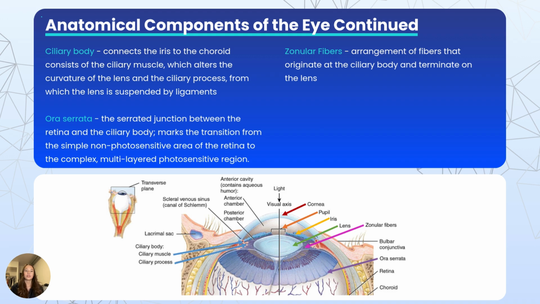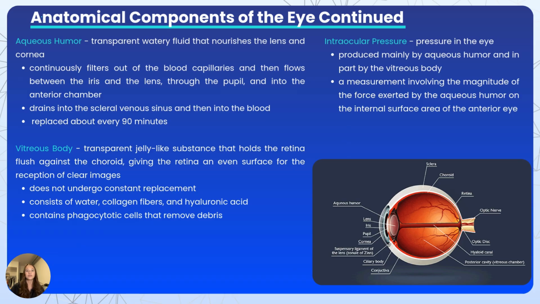We also have the ora serrata, which is the serrated junction between the retina and the ciliary body, and it marks the transition from the simple non-photosensitive area of the retina to the complex, multi-layered photosensitive region. There's also the zonular fibers, which is an arrangement of fibers that originate at the ciliary body and terminate on the lens. We also have the aqueous humor, which is a transparent, watery fluid that nourishes the lens and the